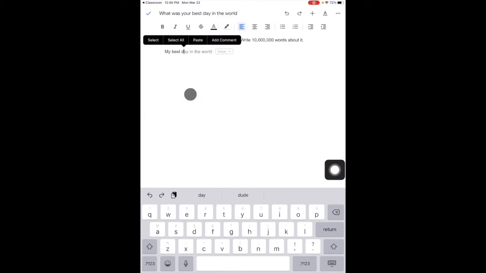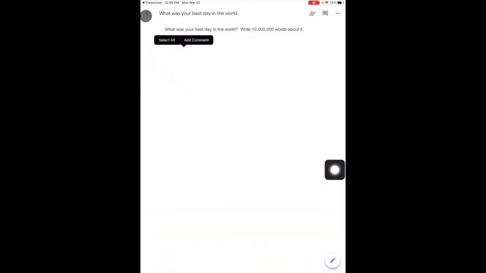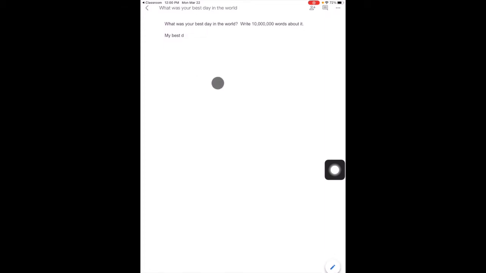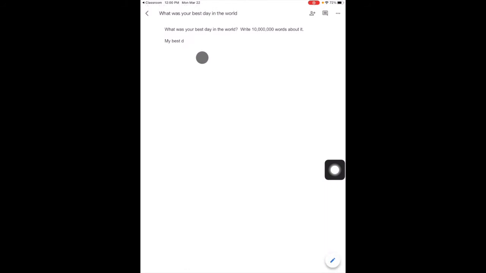Basically, when you're done, you can press check to lock it in and see it got my little short answer. And now, at the very top, where it says classroom with an arrow, we want to go back to Google Classroom. So I'll press classroom with the arrow at the very top.